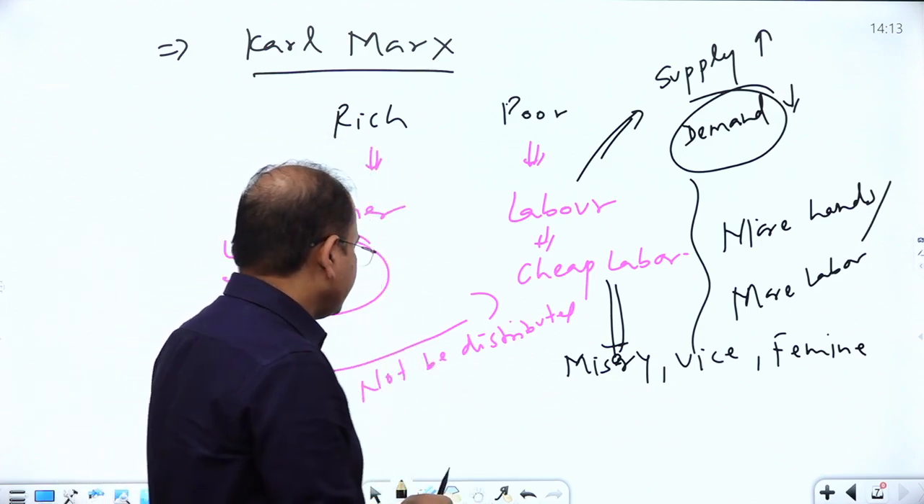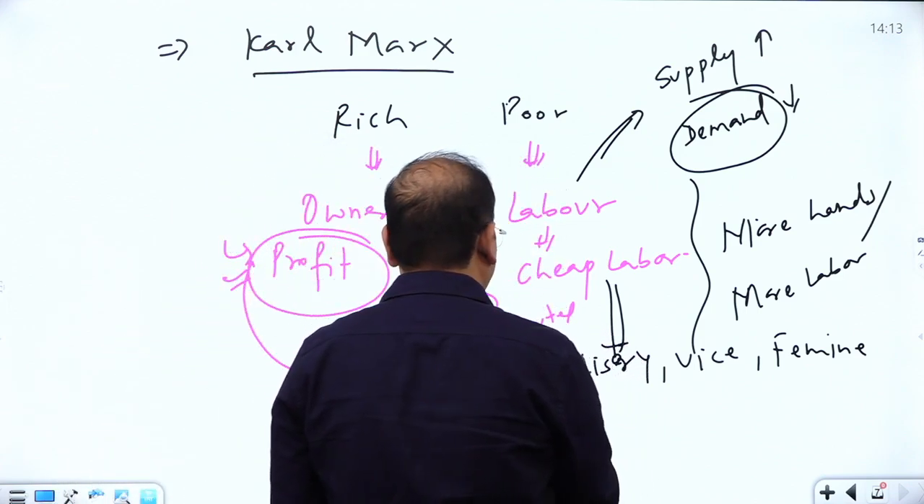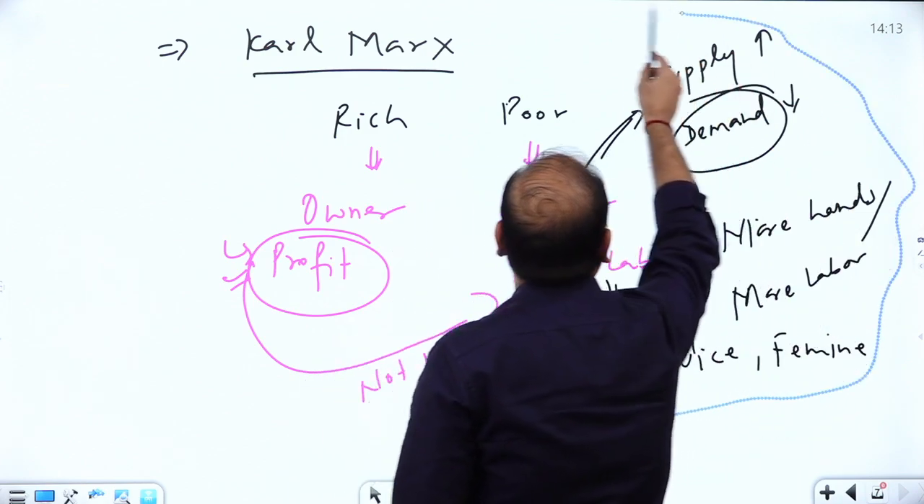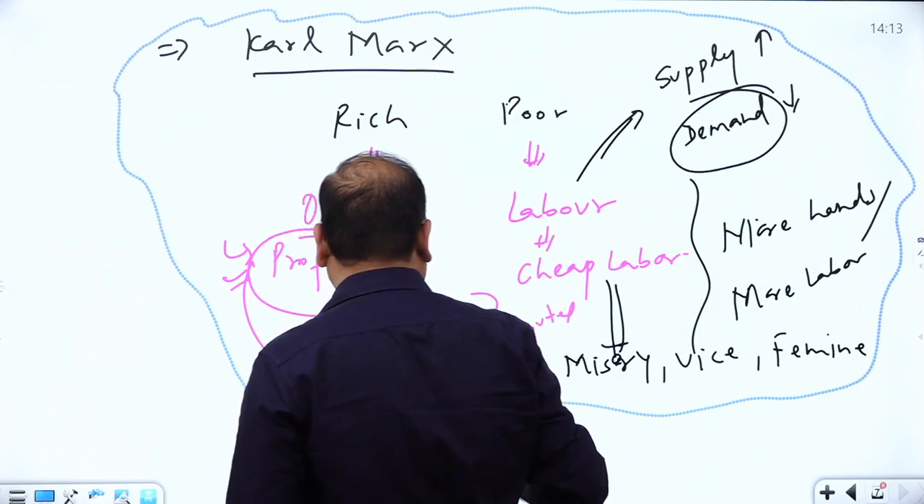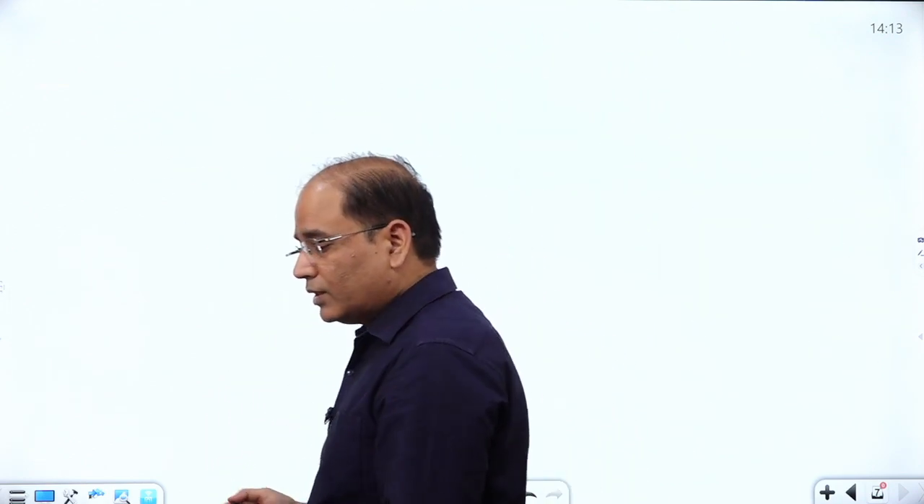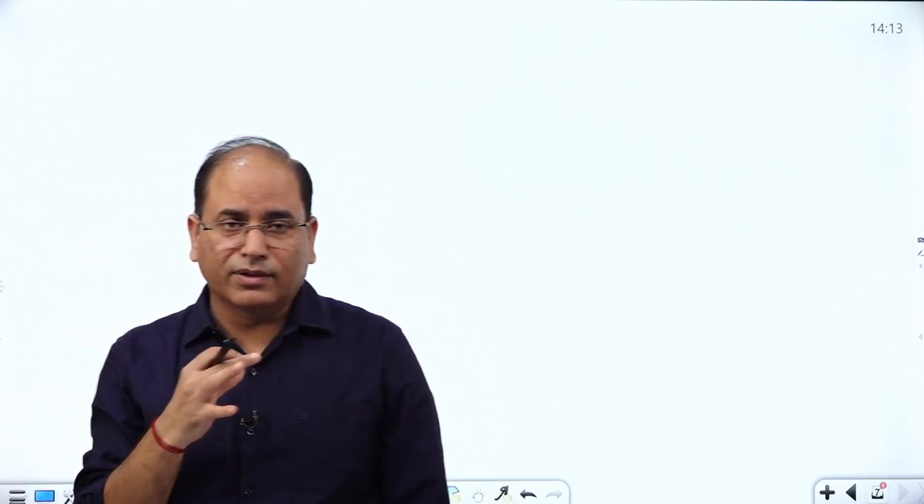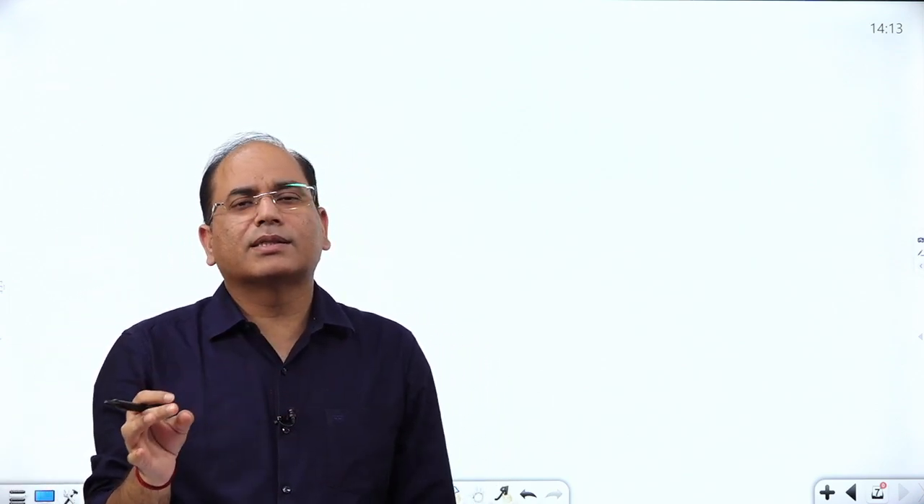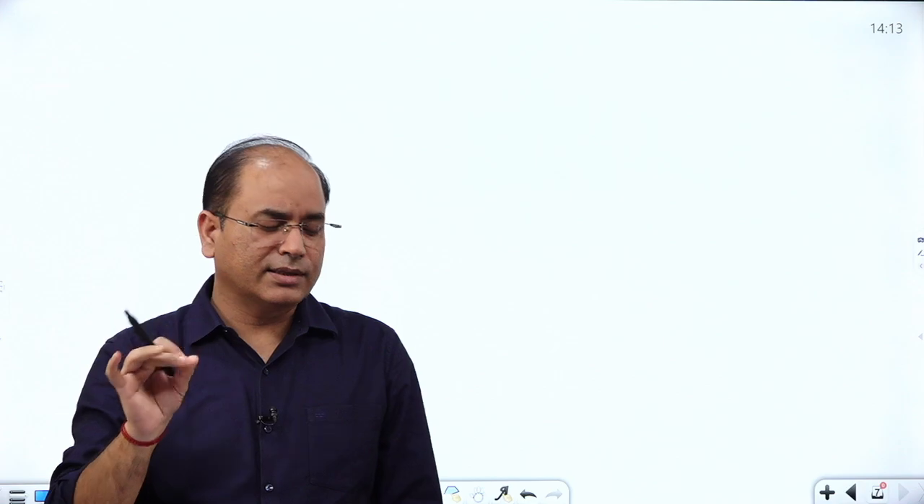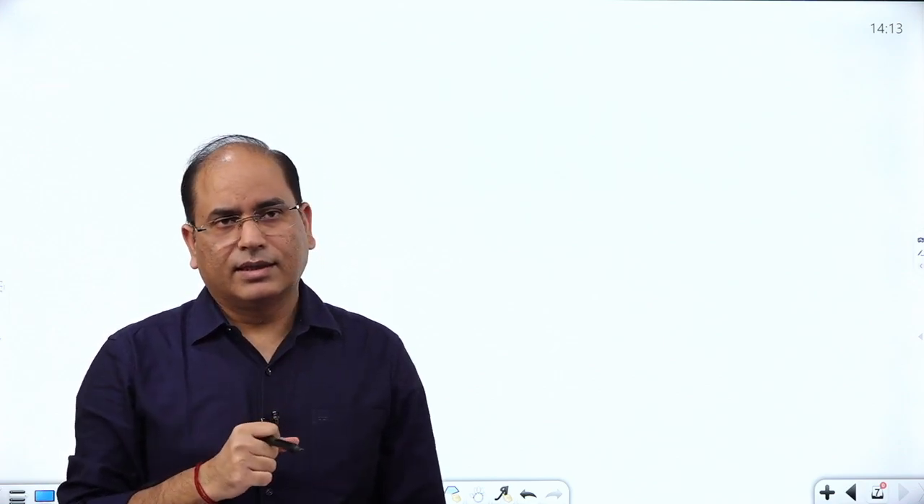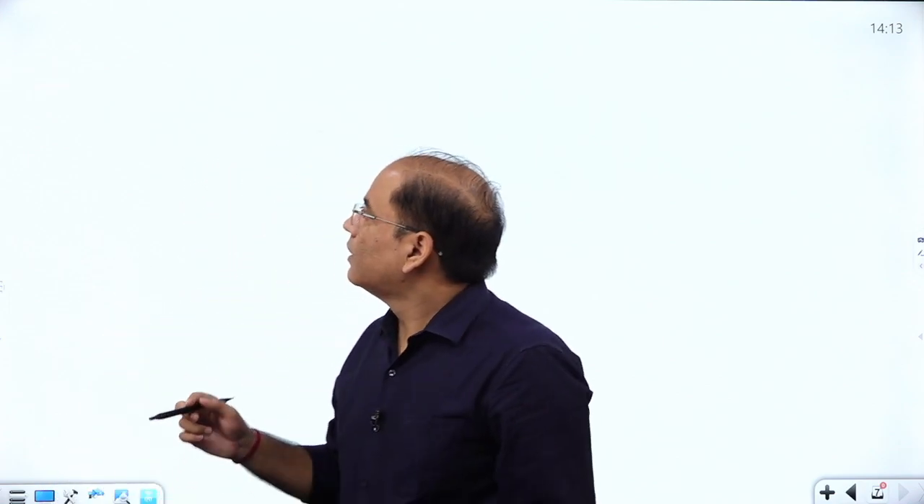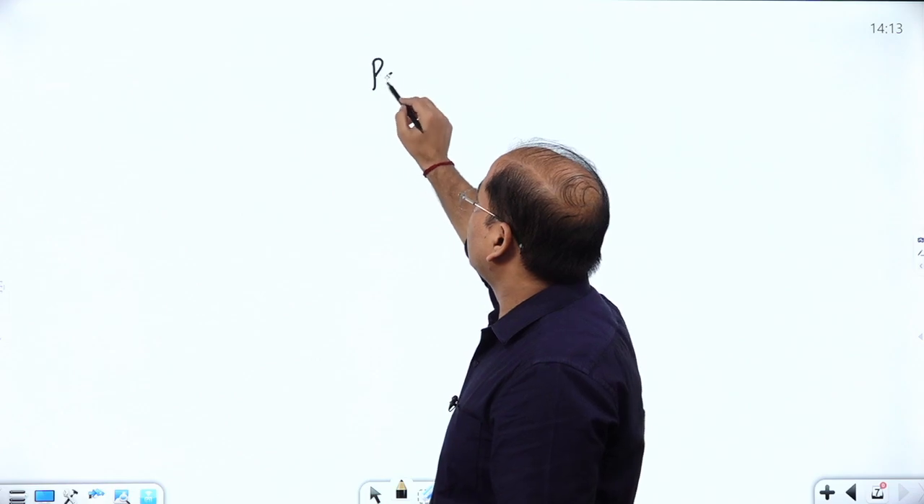So we cannot say that Karl Marx's idea is very valid. Now we'll move to the last major concept of the population, and to a certain extent it is also correct, that is demographic transition theory. But before that, let's try to understand,